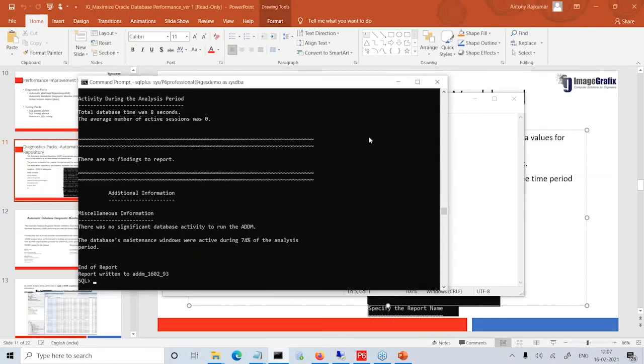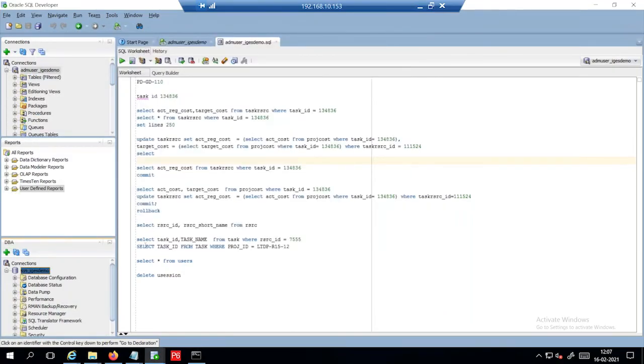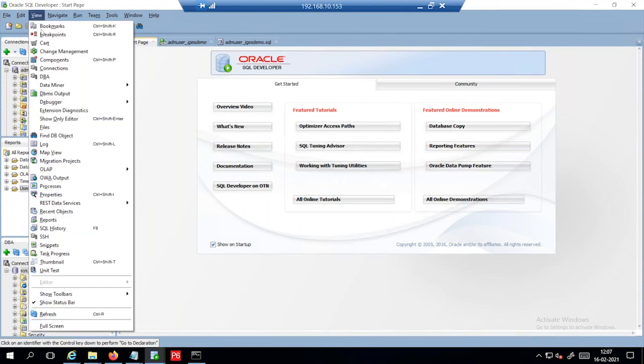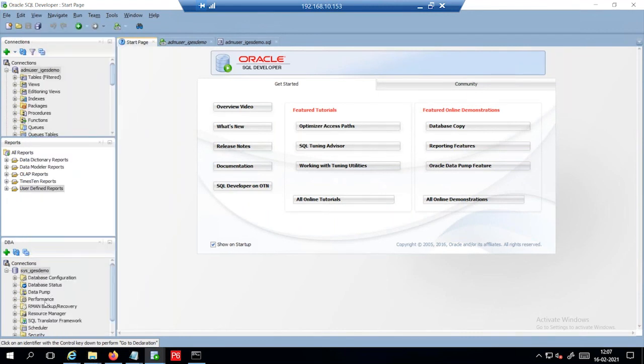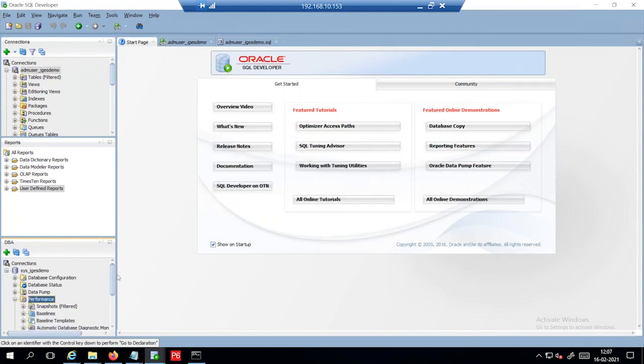So this is about our, okay, and in SQL Developer you could use DBA from the view toolbar. I hope everyone is already aware of this. And then the performance tab will give the information about the database and tuning packs. Once you click the performance and tuning performance tab, it throws the information about the licensing part. And then now we can go to the ADDM part.